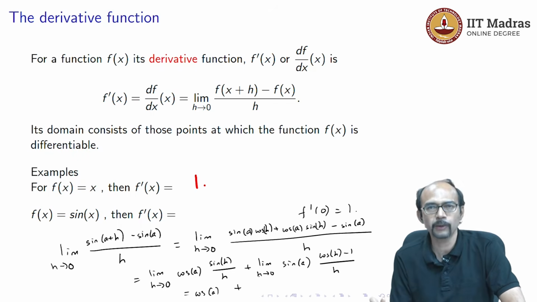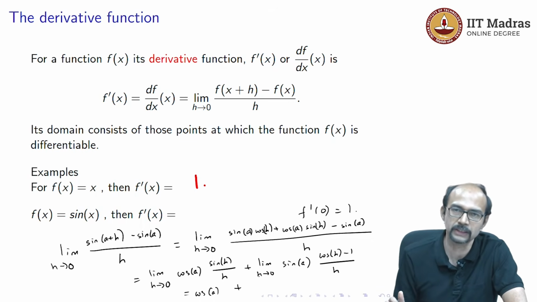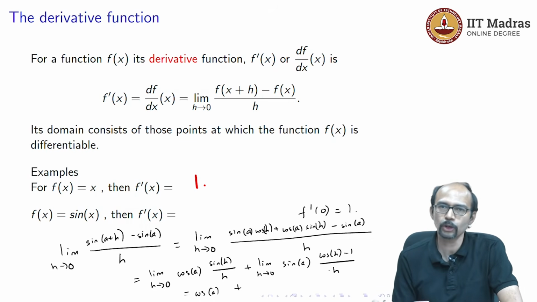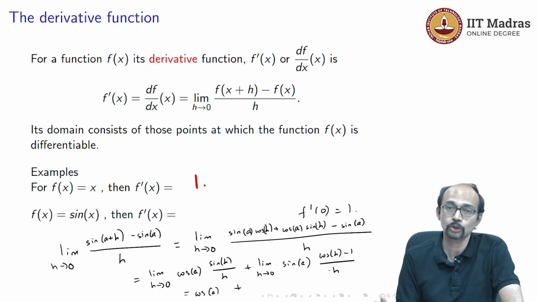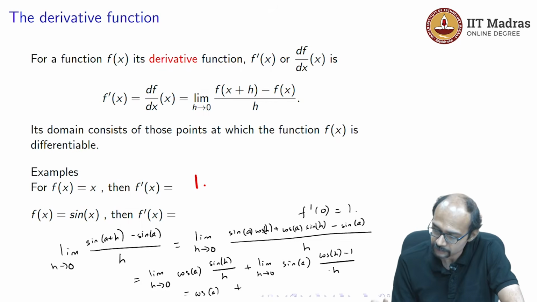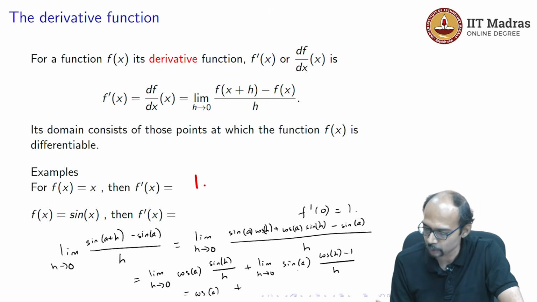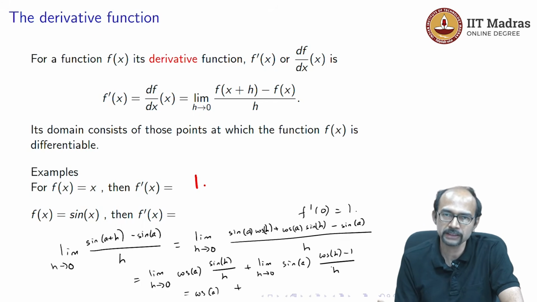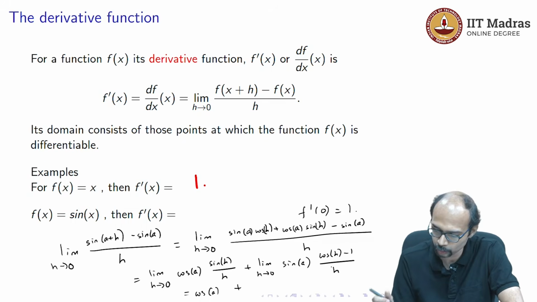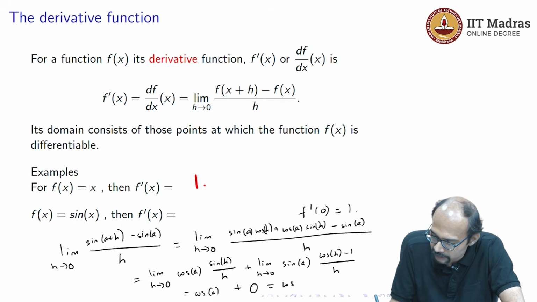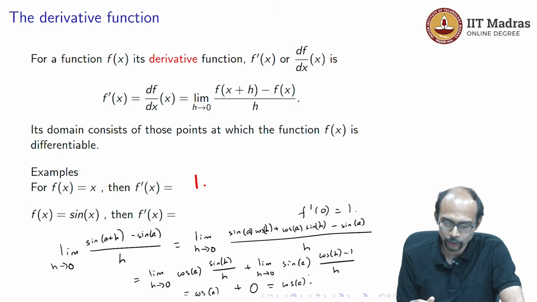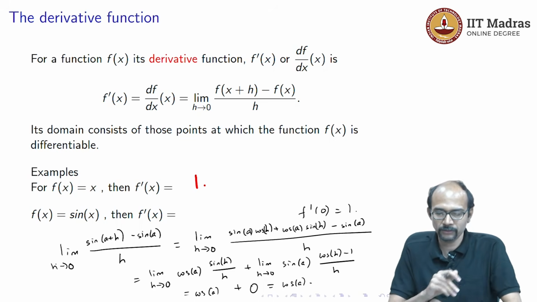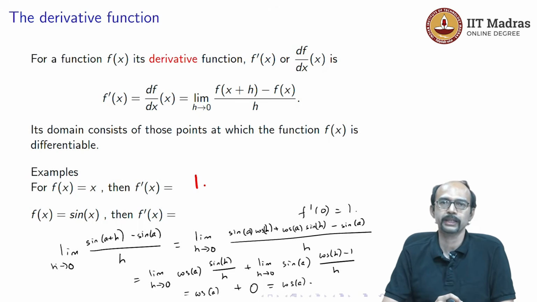And the second limit, I think you can do this from our previous computations. Remember, we saw that 1 minus cosine h by h squared, that limit exists and equals half. So, here you can pull the sin a out, and then for the inside limit you can multiply and divide by h, and then you can compute what it is. So, you will get that this is 0, and so the answer is cosine of a. When you take this limit and evaluate it, you get cosine of a.